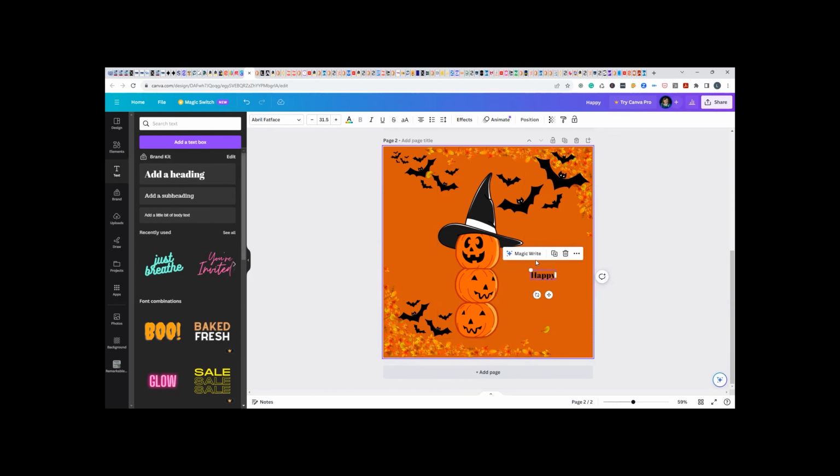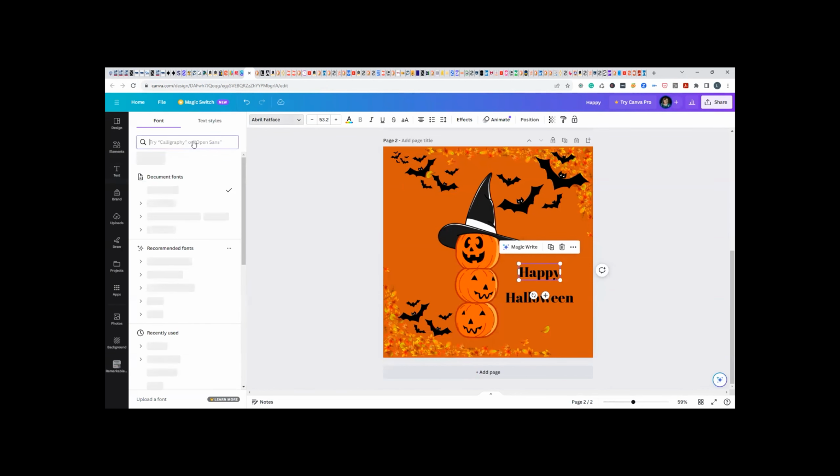actually duplicate that. So I'm going to make sure I can do something else. And the reason I'm doing it this way is I don't want to assume that the font I choose through Canva is actually going to be available just as an uppercase, all caps. And I also don't know what it looked like in uppercase. So I want to just play with a few things here and see what happens. So now what I'm going to do is I'm going to look for